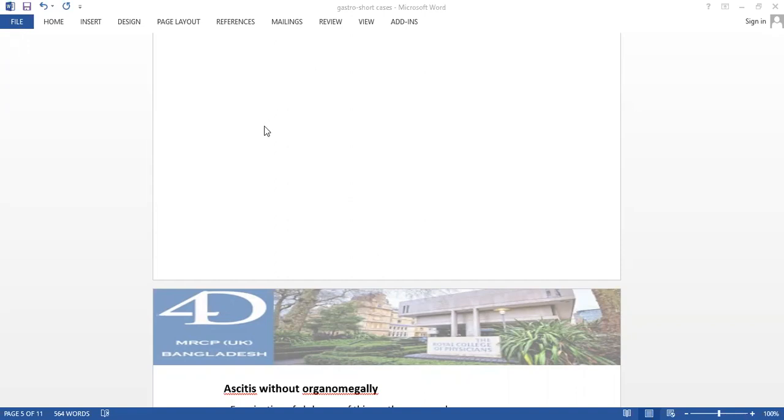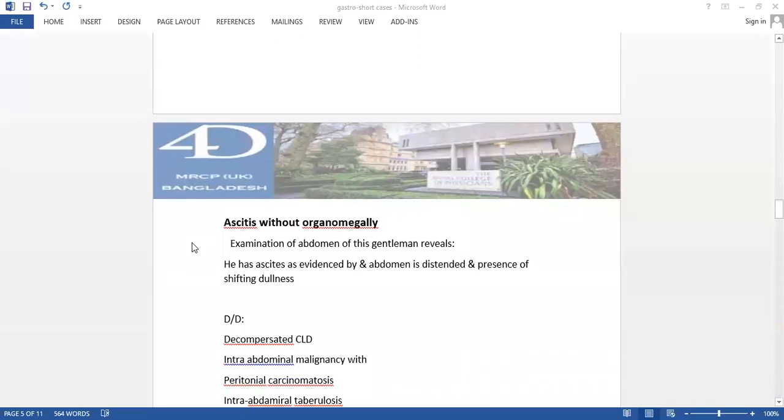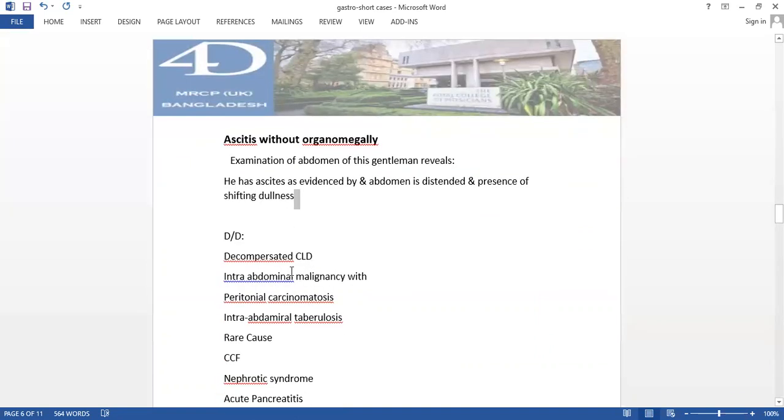In your cases, during your initial presentation, you need to tell not only about digital examination. Since CLD is a differential, you need to examine the external genitalia, digital external genitalia and digital rectal examination. Examination of the abdomen of the gentleman reveals he has ascites, as evidenced by abdominal distension and presence of shifting dullness. And my differentials: decompensated chronic liver disease, intra-abdominal malignancy with peritoneal metastasis,